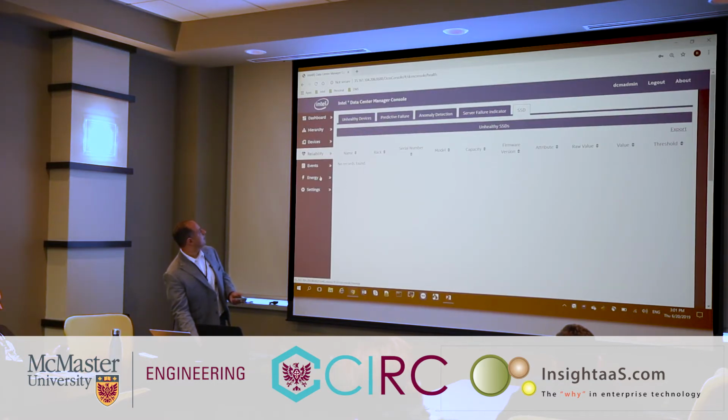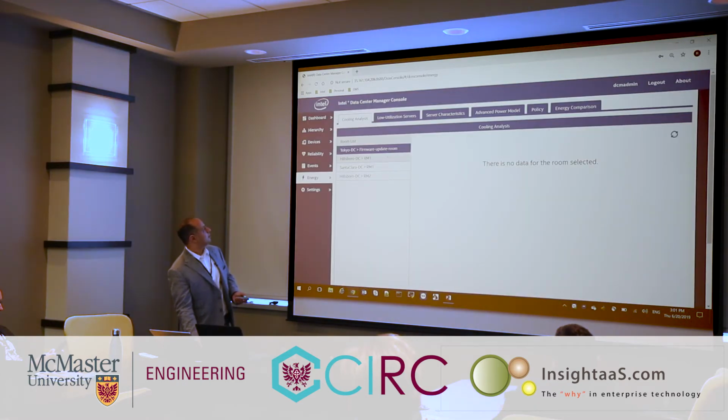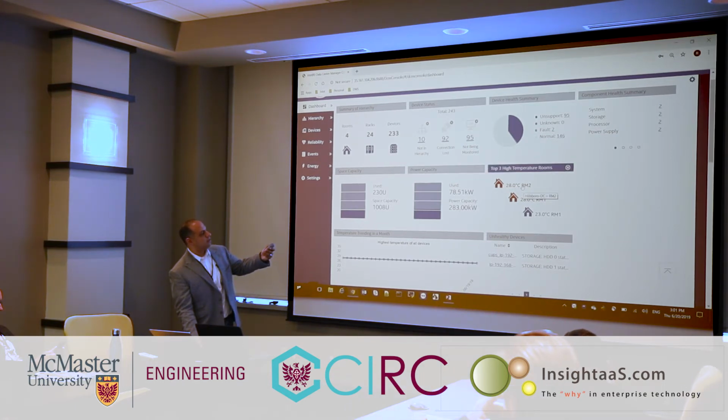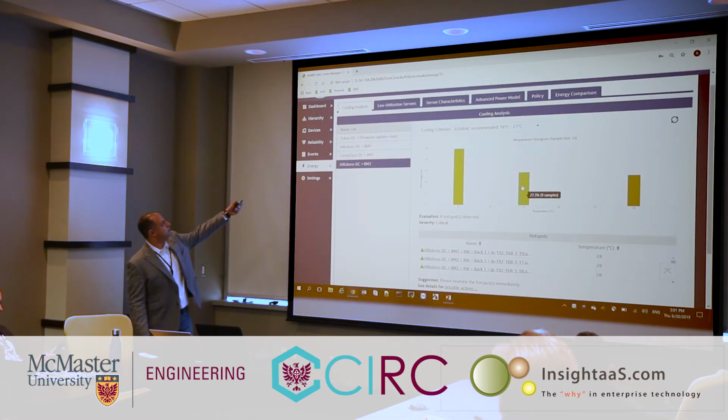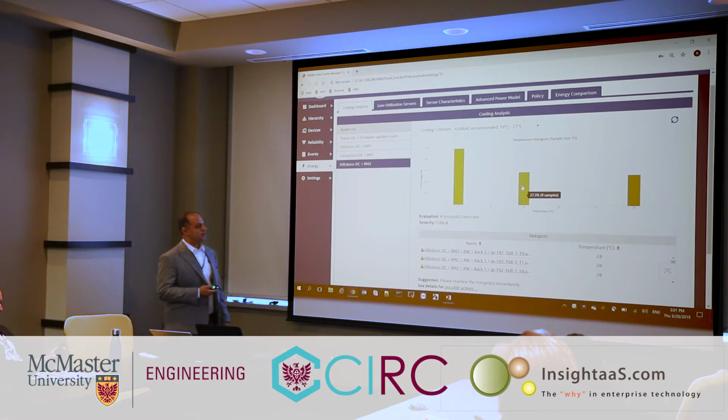Okay, and then let me very quickly show you the energy tab here. Let me go to the dashboard, and then let's take a typical use case. Okay, I care about this 28 degrees Celsius room, right? So let me click on that. It will, again, teleport you to the cooling analysis tab, and it will show you a graph or a report like this that would basically illustrate